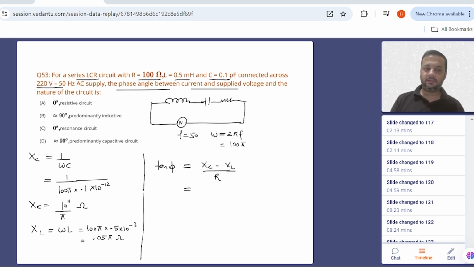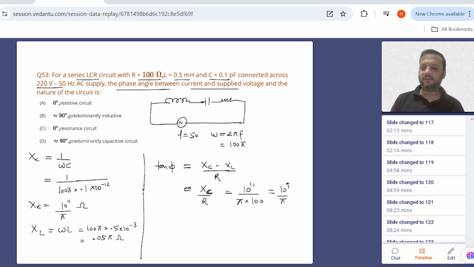Now if you look at the value of XC, it is very, very high in comparison to XL, and you can totally ignore this XL in front of XC. So you can write this as XC by R approximately, and also R is 100. So if you put the value of XC, it is 10 to the power 11 upon pi, and R is 100. So still you can see that this value is very, very high. That means tan phi will be a very, very high value, 10 to the power 9 upon pi,